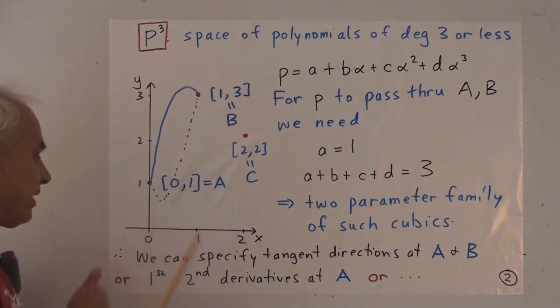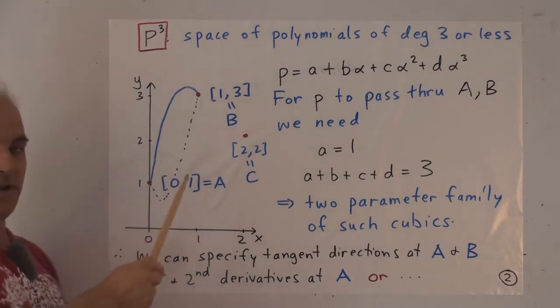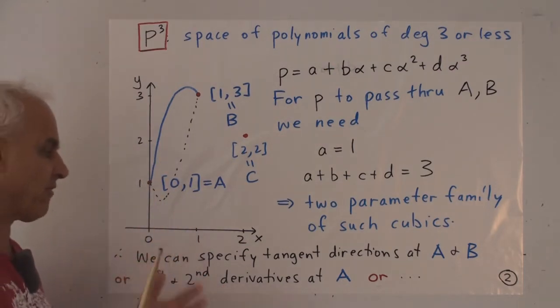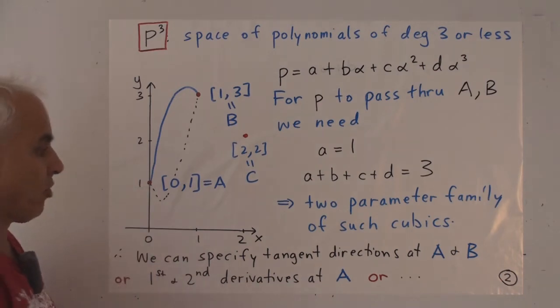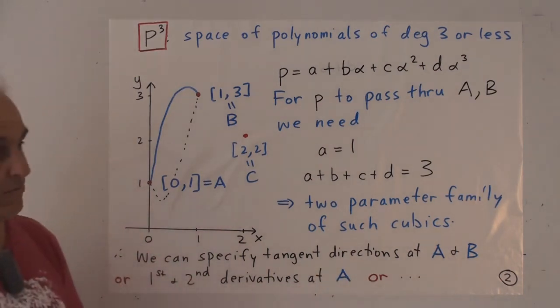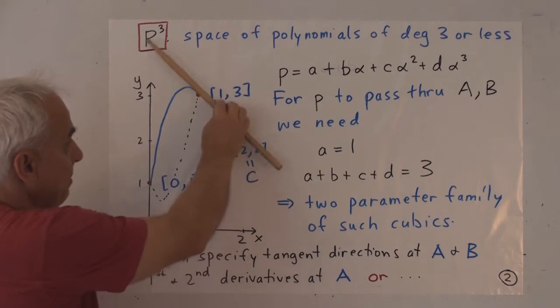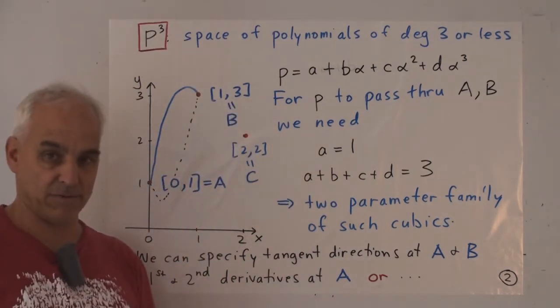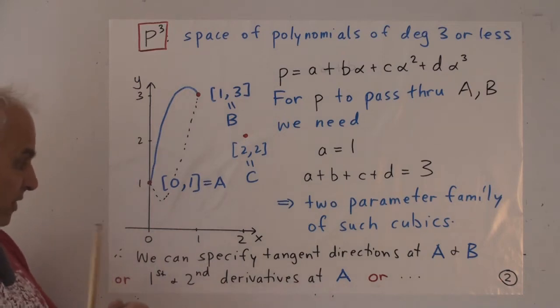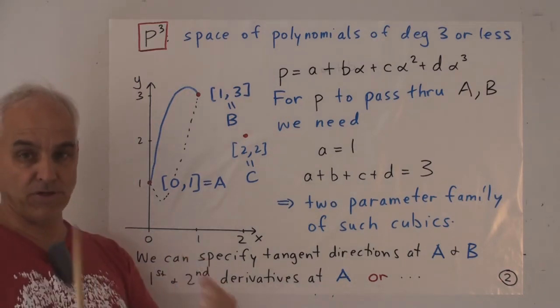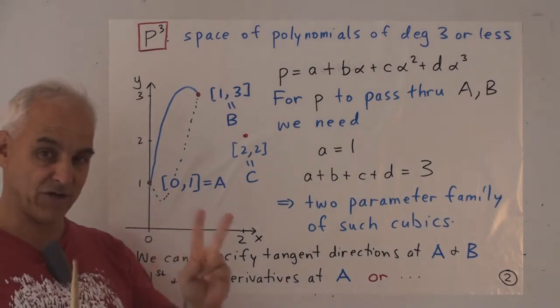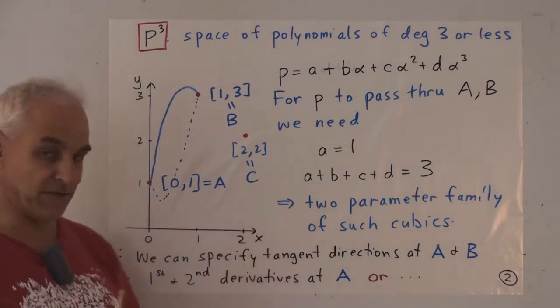Or we could also be a little bit more sophisticated and say, well, in addition, we want the second derivative, that's a calculus notion, to have a certain value at A. Or maybe we could require that the tangent at B be a certain amount, or that the second derivative at B be a certain amount. We have some freedom about what conditions we want to impose on this curve. Basically, we can have 2 extra conditions because we have 2 degrees of freedom.